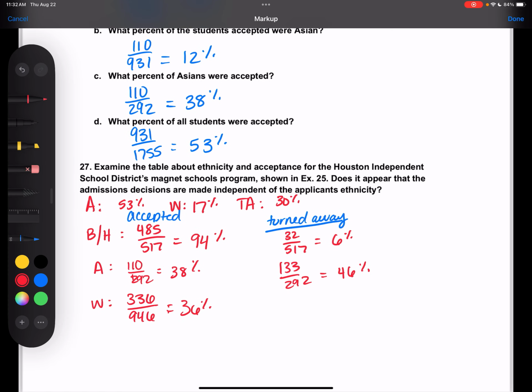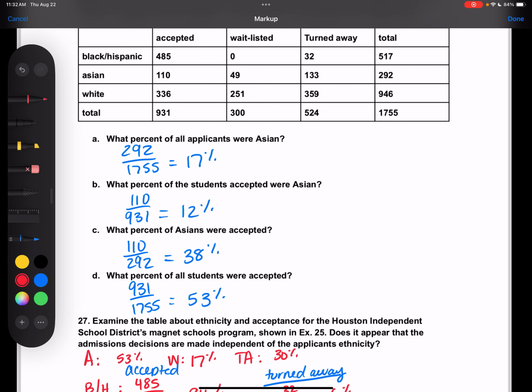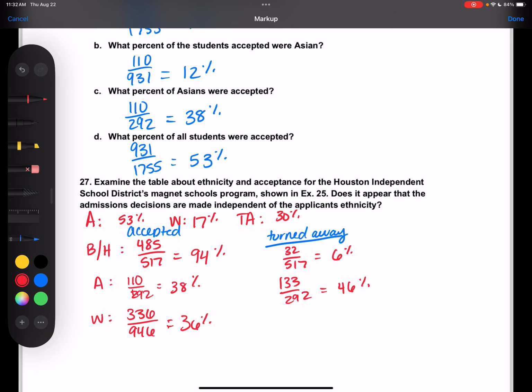And then white was 359 out of 946, which is 38%. So what I should see here, if they're independent, is that these numbers side by side should